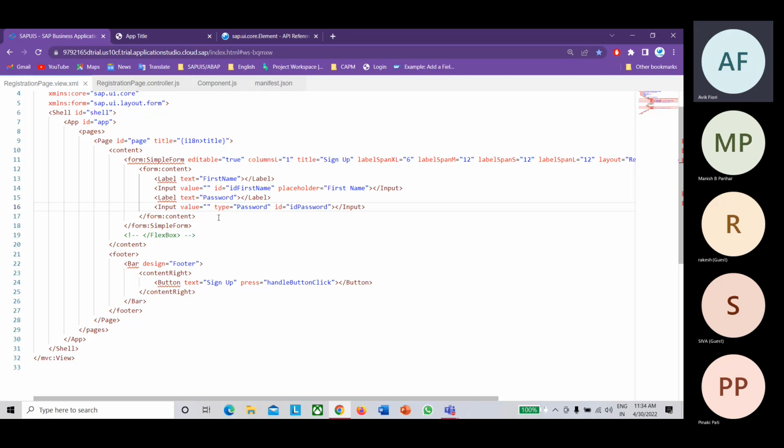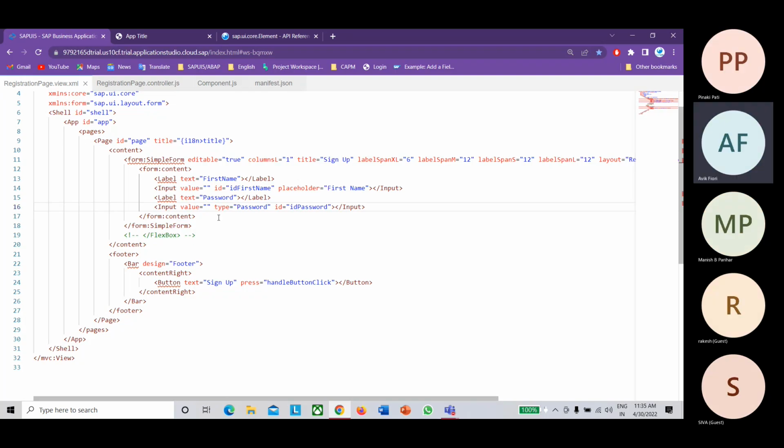For example, the same form is being called thrice or twice in the same page. Same form you're using, only the values are different. Let's say in one case you want to use a display form, and in another case you want to use an editable form. That same form is being used in a couple of places. So will you write the same code again and again? Will you declare the same form again and again? Or will you think about reusability of code? What will you think?